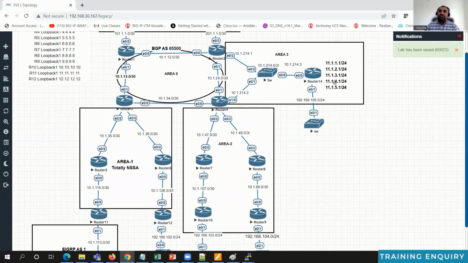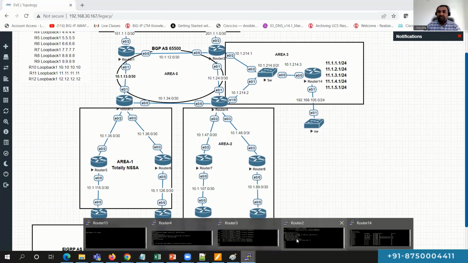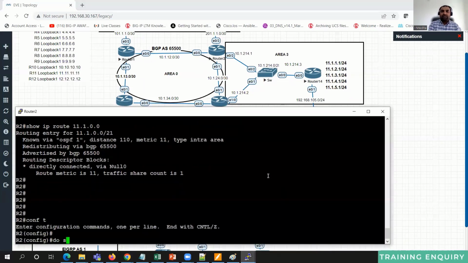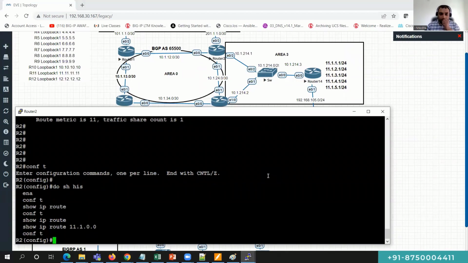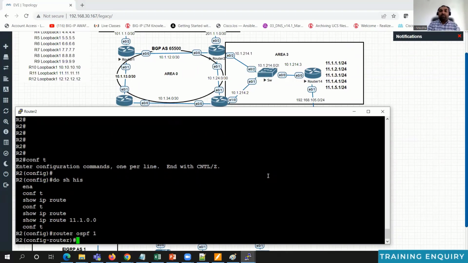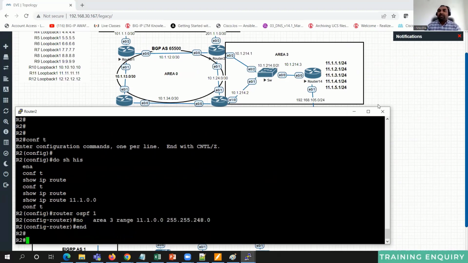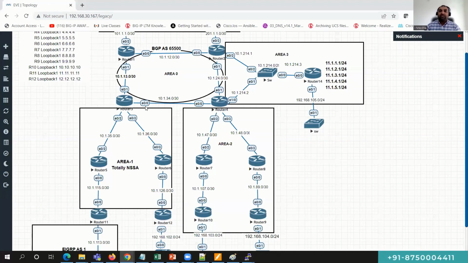So these prefixes are originally advertised by area 3, and in area 3 we have two ABRs, router 2 and router 4. That's where we implemented the summarization. So let's move over to router 2 for now and get the summarization that we configured here removed. Router OSPF 1, and I'm just removing it. Then we will see that type 3 LSAs will be given to router 3, and router 3 will get them advertised into area 1 if I remove